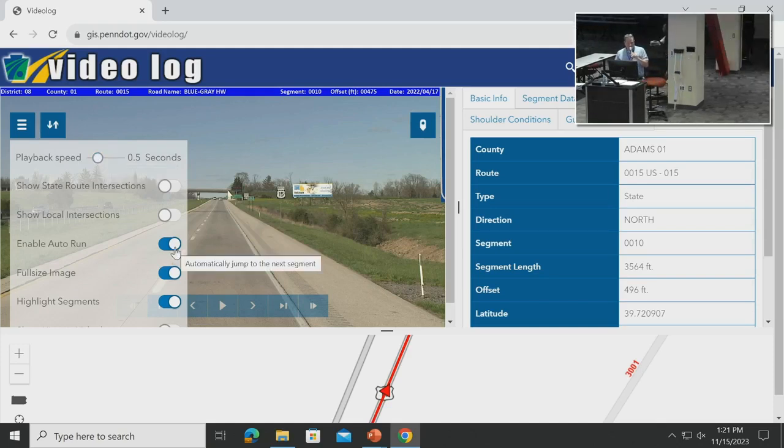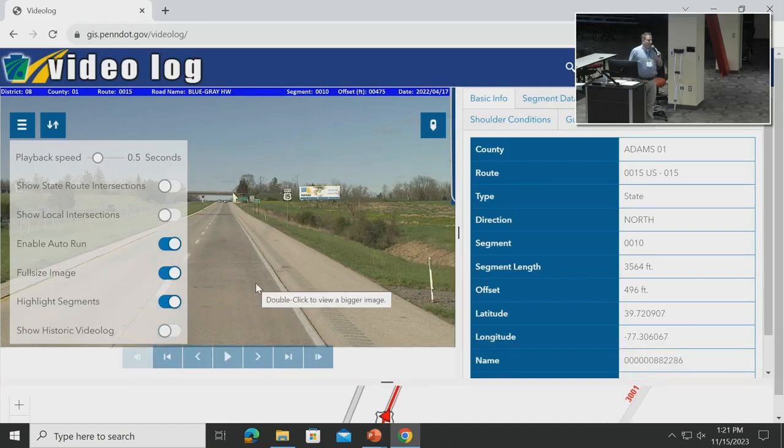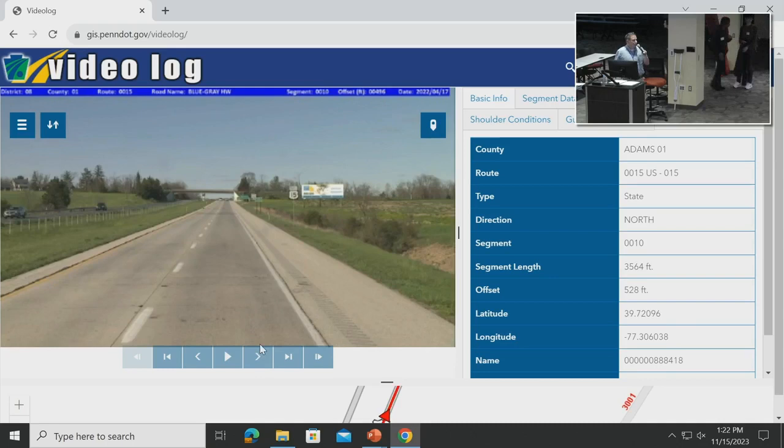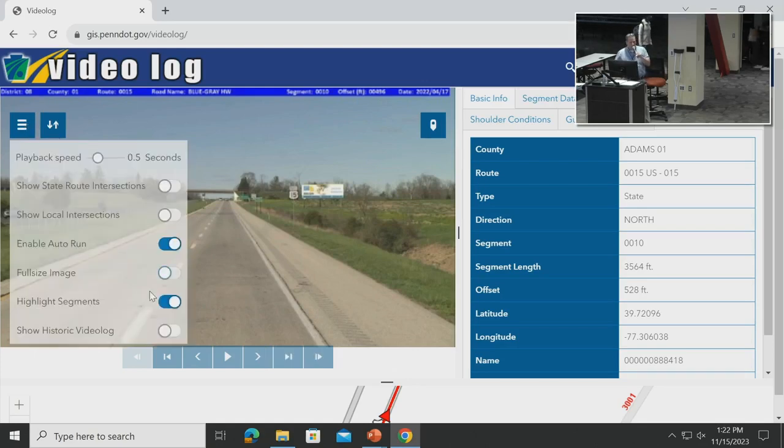The enable auto run is a nice feature. Normally when you get to the end of a segment, it stops. If you check this, it'll just keep playing, going from segment to segment. I did talk quickly about speed. The full-size image selection here allows you to switch between the full-size and that reduced quality one. So if you're having a performance issue, you can click that, and it'll go to the reduced quality image. And if I do that, you'll see it's a little blurry because it's a much more compressed JPEG. You'll be able to go down the road quicker, and then you can just switch it back over to the full-size images.